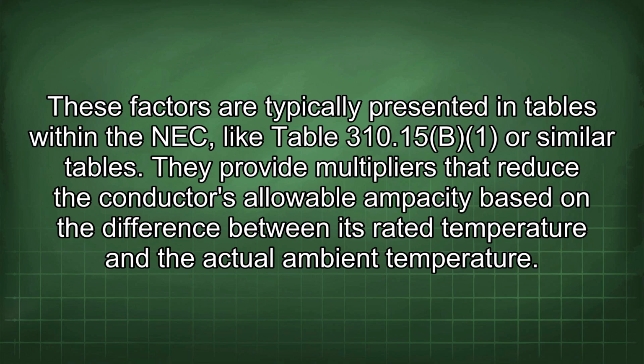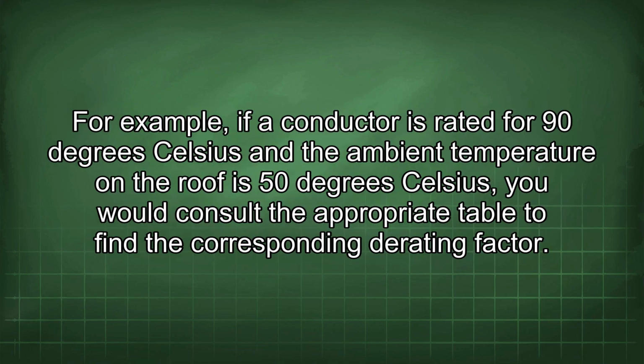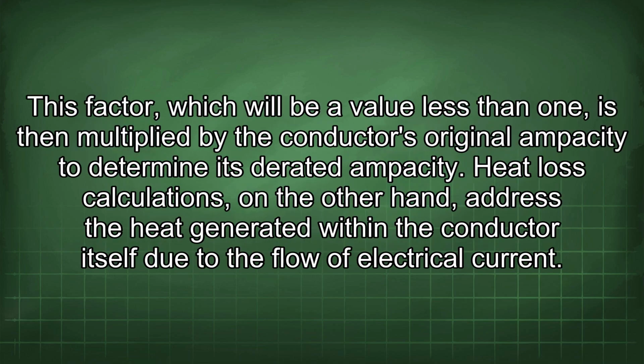They provide multipliers that reduce the conductor's allowable ampacity based on the difference between its rated temperature and the actual ambient temperature. For example, if a conductor is rated for 90 degrees Celsius and the ambient temperature on the roof is 50 degrees Celsius, you would consult the appropriate table to find the corresponding derating factor. This factor, which will be a value less than 1, is then multiplied by the conductor's original ampacity to determine